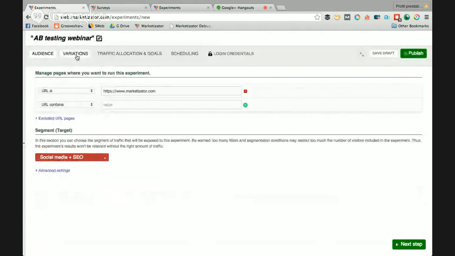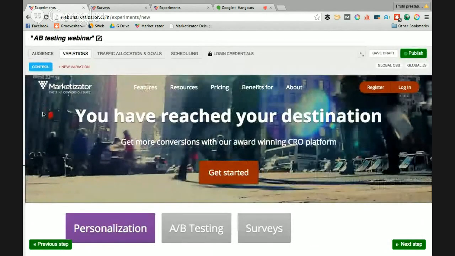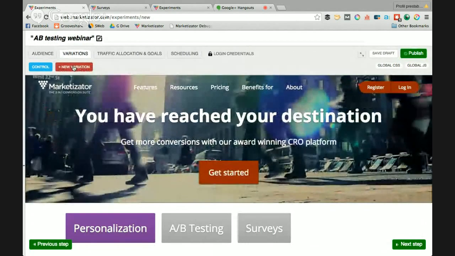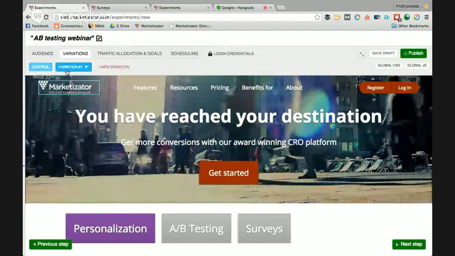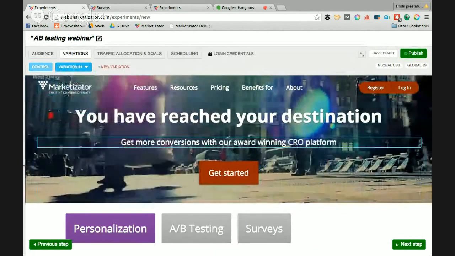Yeah. Then we have the variations. What's up with the variations? So the system works like this. You have a control sample, like you have the normal version of the website, and also you have the other variation. So you can either use this editor, which allows you to make